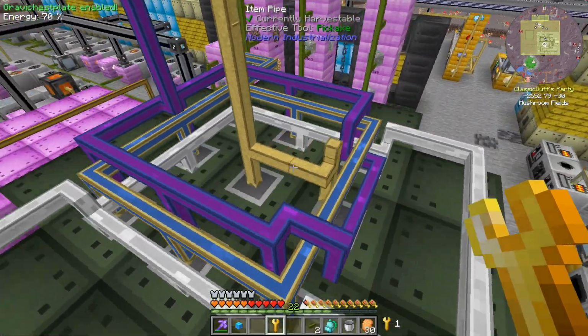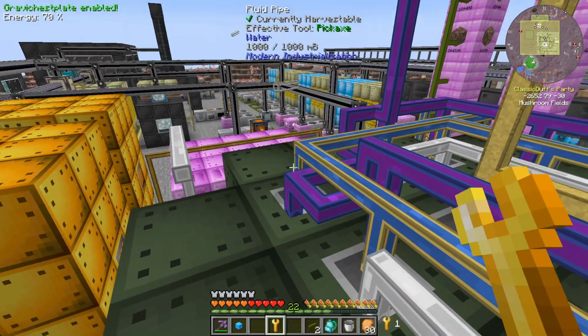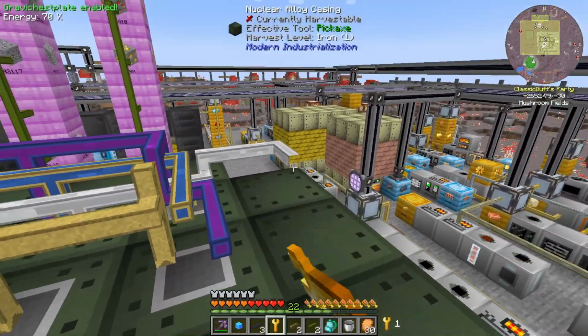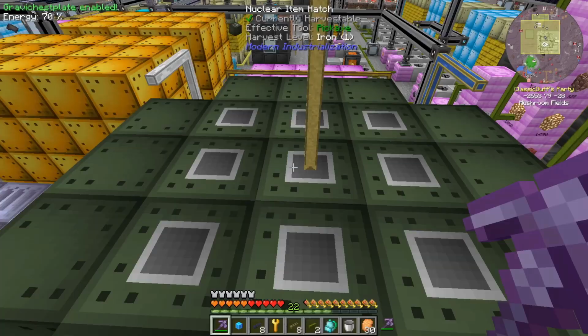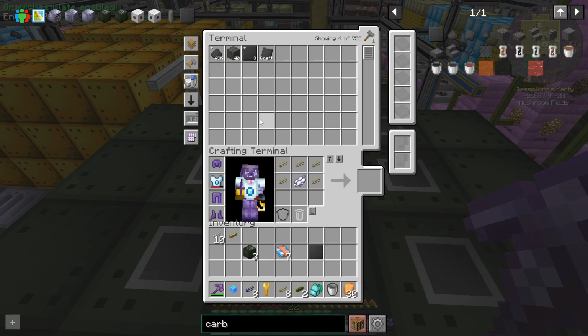So here we're going to have to rearrange some of these pipes. I guess for now let's just clear all this out. We can rerun all of this stuff. So what we're going to be doing is getting our carbon plates. Now we're going to want these to be